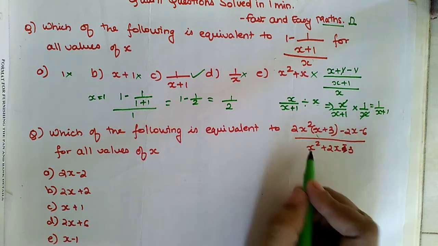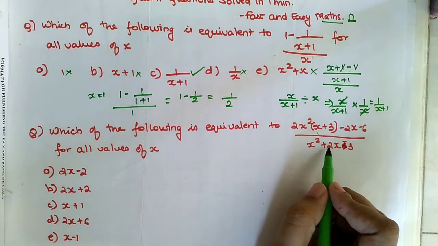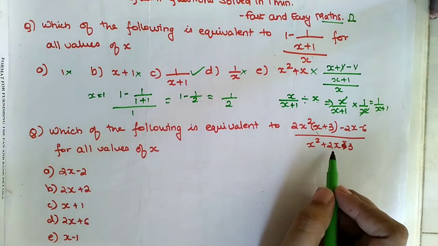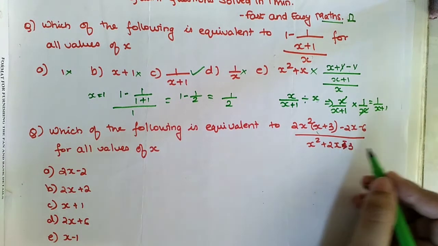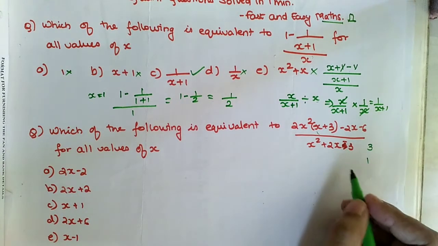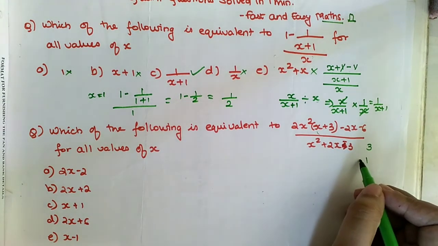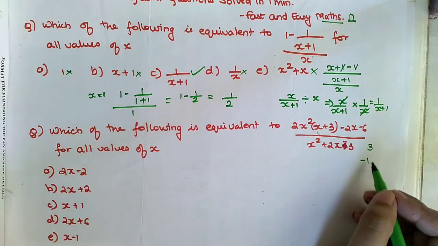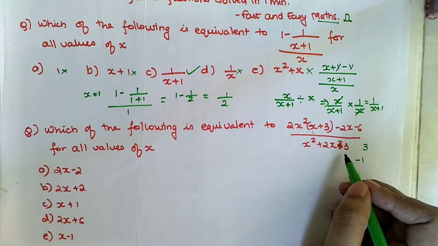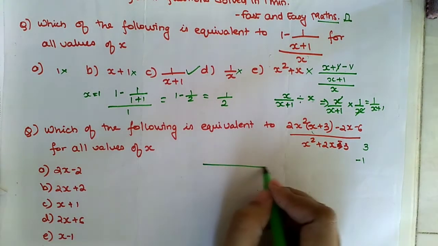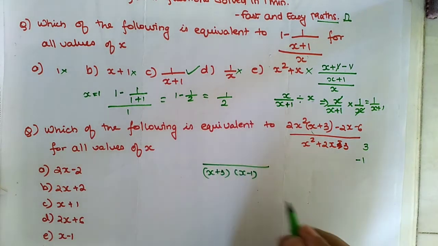Okay. So now here, since we can see there is a denominator, there is a quadratic equation, so we can first solve that. So here what should be my factors of 3? I can say it is nothing but 1 and 3. And since I want a negative 3 and positive 2, I can just write 3 and minus 1, because 3 minus 1 gets you positive 2 and 3 into minus 1 gets you negative 3. So that way my factors become x plus 3 and x minus 1.